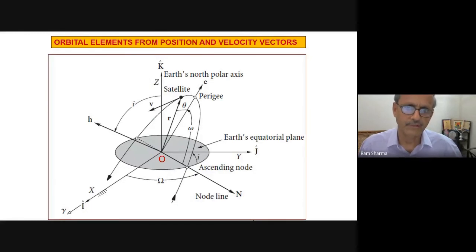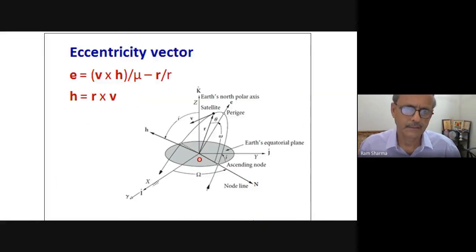Now again, I come back to the same figure, because now we are given position and velocity, and we have to use this figure. This figure is from that Curtis book only, the second edition, but the same book. Small omega, capital omega, all the parameters are shown in this. And what we need to remember are only these two.